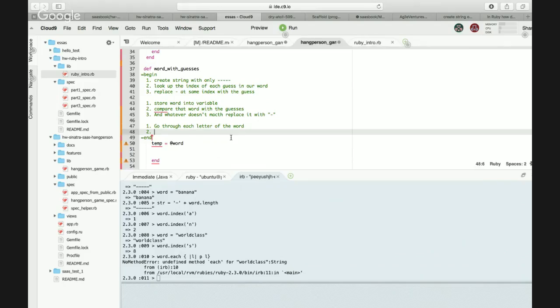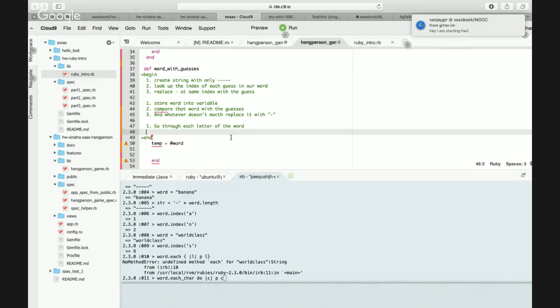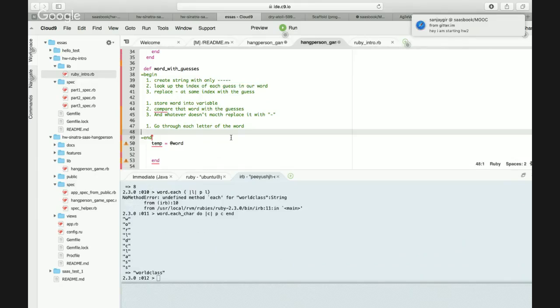And if it's not in guesses dot include, then you change it to a dash. I think it's the same thing that we were saying before. Yes, go through each of the letters of the word. That's how we could do it.